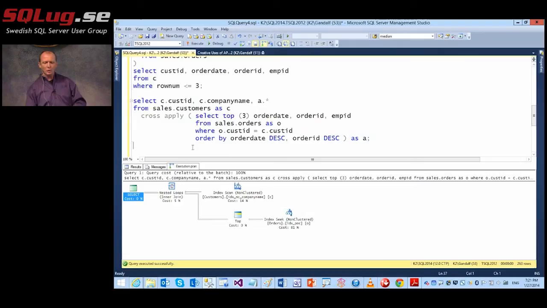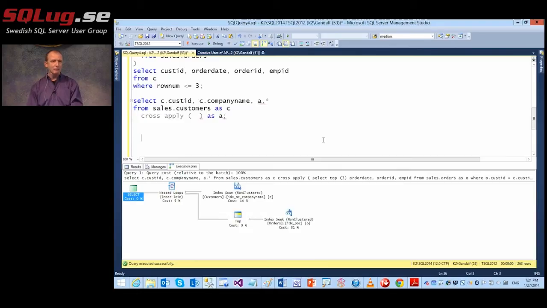So this was the POC example. By the way, it will usually make a lot of sense for us to take this logic from the inner query and encapsulate it in an inline table function, just to simplify the query logic and make it easier to maintain. So we will create an inline table